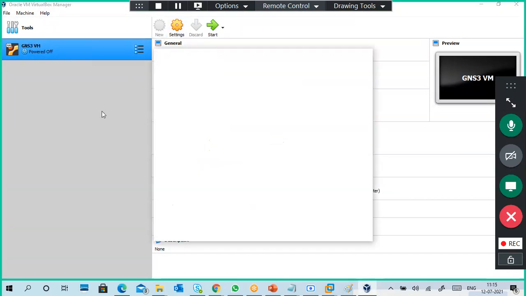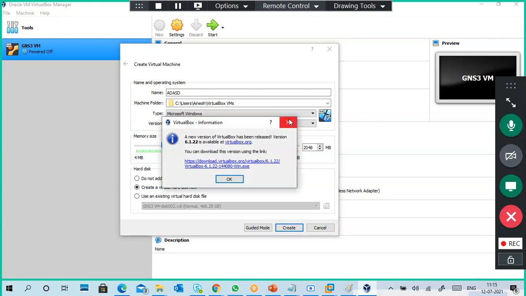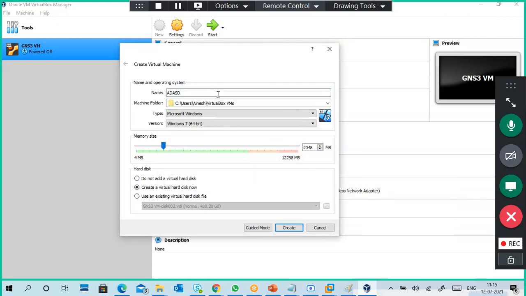I'm going to New. I'm not actually creating a virtual machine, just putting some names here, something like Windows 7.